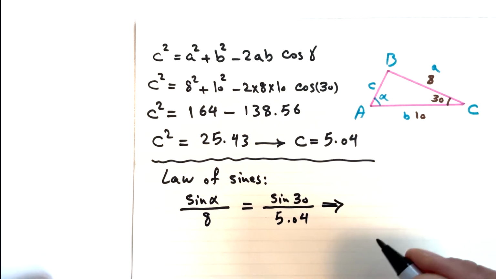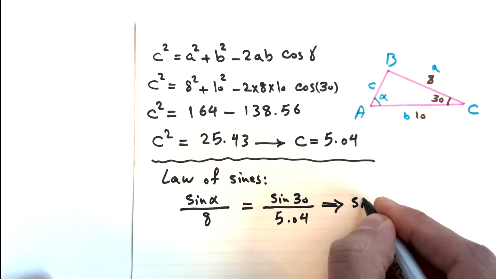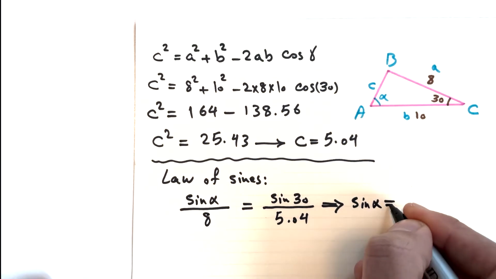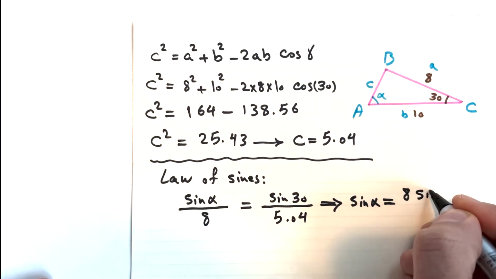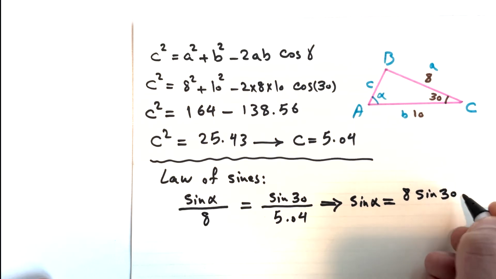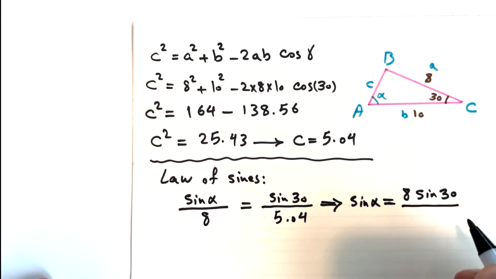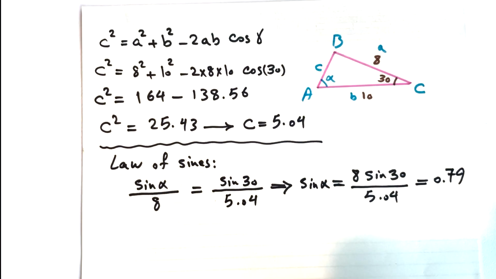And from here, we'll have sine alpha is equal to 8 sine 30 over 5.04, which will be approximately 0.79,